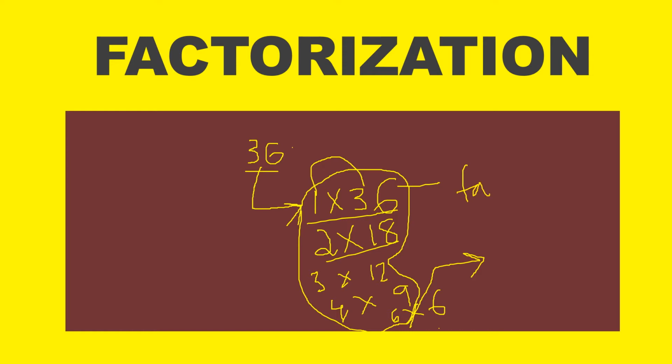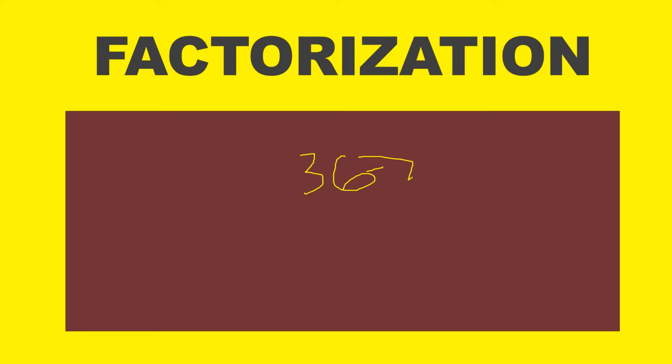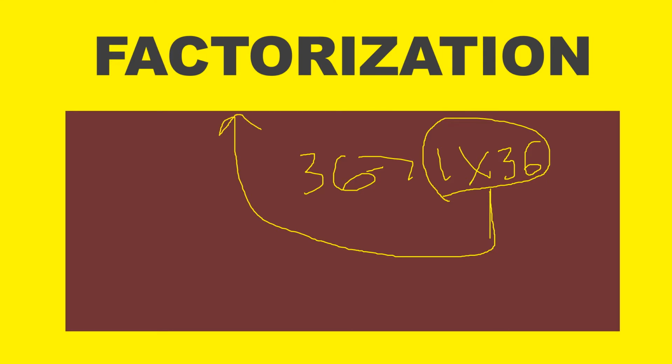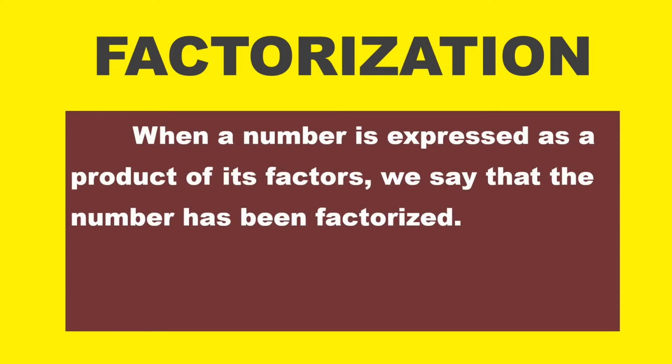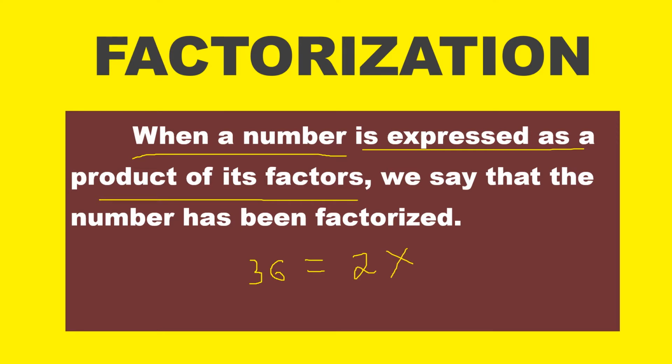Whenever you are expressing the number as a product of two numbers or product of three numbers, then you can say that these numbers are called factors. Suppose I am expressing 36 as 1 into 36. The process of expressing this 36 in the form of factors is called factorization. So I can give the statement: when a number, suppose I am taking 36, is expressed as a product of its factors, I am writing 2 into 18, it is a product of